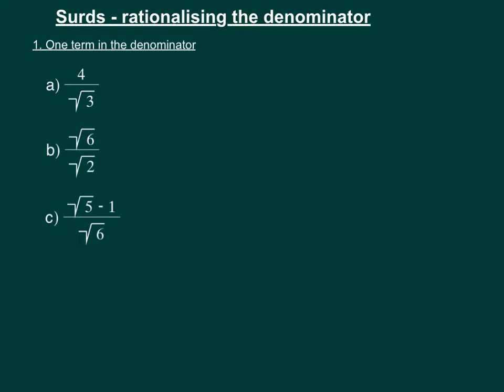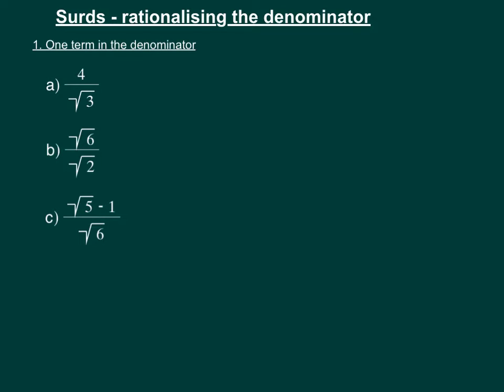In this video we're going to be looking at rationalising the denominator. Firstly we're going to be looking at when there's one term in the denominator, and secondly we'll be looking at when there's two terms in the denominator. So firstly, when there's one term, we're rationalising the denominator, which means we are making sure that there isn't a surd in the denominator. There can be a surd on the numerator, but we want the denominator to be a